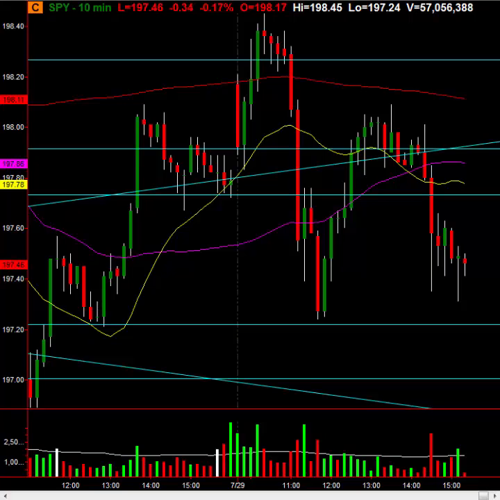Tuesday, July 29th, 2014 is the date. The markets are trading slightly lower, except for the NASDAQ, which is up 8 points. Dow is down 24, S&P down about 4. Now, right now, we continue to see this cycle slowly take hold. It's one of the slower cycles to take hold, but you can see it everywhere out there.